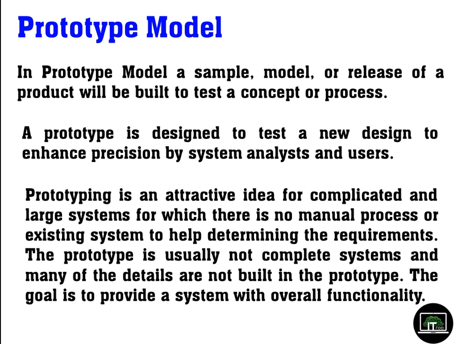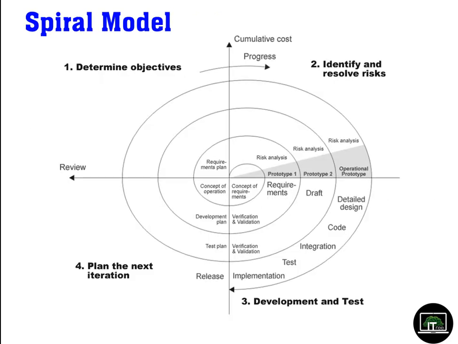Then when the users are happy with that, we can improve it into the final system. We can show them a working model, this is the way it works, it behaves like this. Then the user can comment on it, we collect these comments and improve it. Finally we make a fully functional system at the end. But a prototype is a simple working model which we can show to the users to show the overall operational functionality of the system.